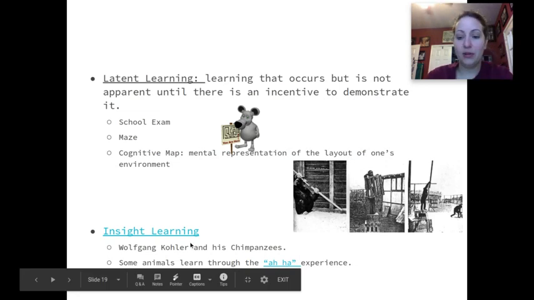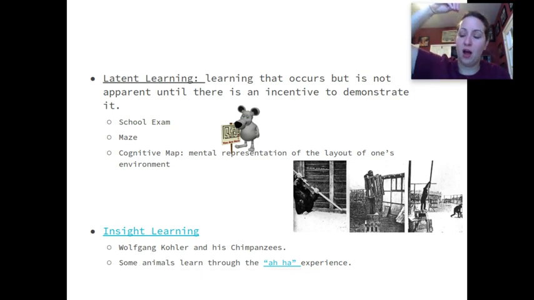And he did a couple of tests. One test, you can kind of see a picture of it here. He put a banana, a treat, at the top of a pole that was really hard to reach. They couldn't reach it. And then he put two short sticks, which by themselves couldn't reach the treat. But then he also put some twine in their habitat. And you can see them trying different sticks and trying to throw the twine up there to knock it down. Nothing works.